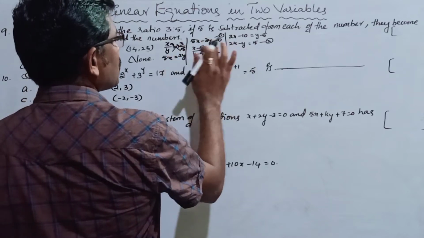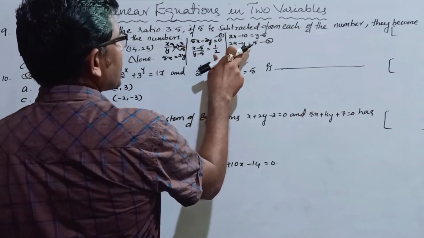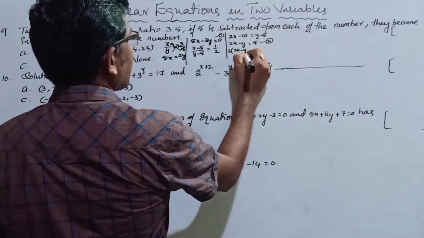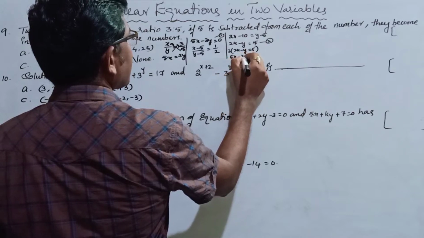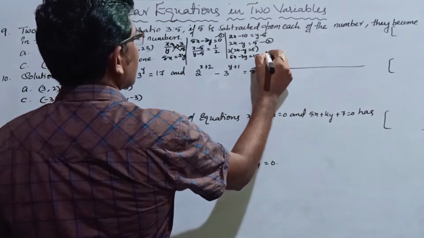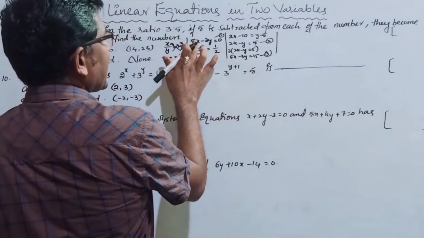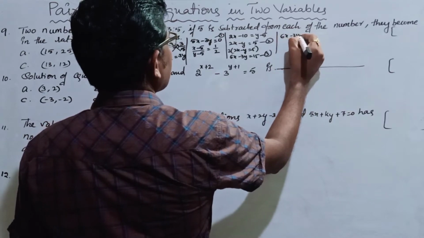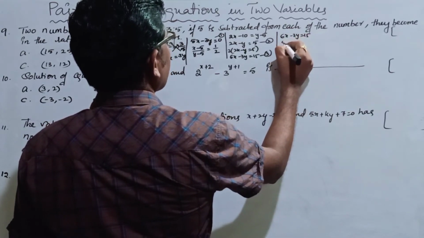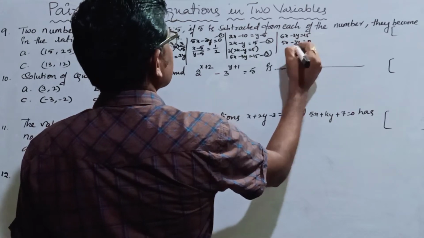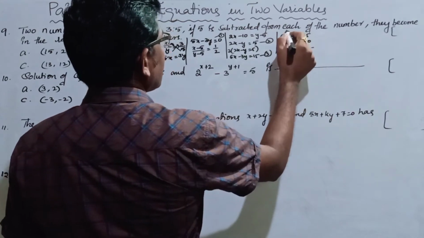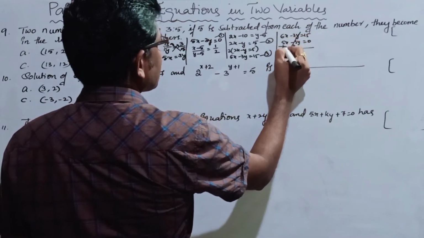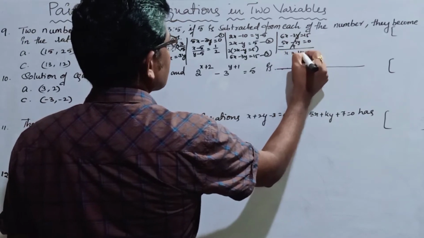So now solving these two equations, we multiply equation 2 by 3. So 3 into 2x minus y is equal to 5. 6x minus 3y is equal to 15. Equation 3. So now subtract equation 1 from equation 3. So 6x minus 3y is equal to 15, 5x minus 3y is equal to 0. That means minus plus. Here plus 3y minus 3y gets cancelled. 6x minus 5x, x is equal to 15.